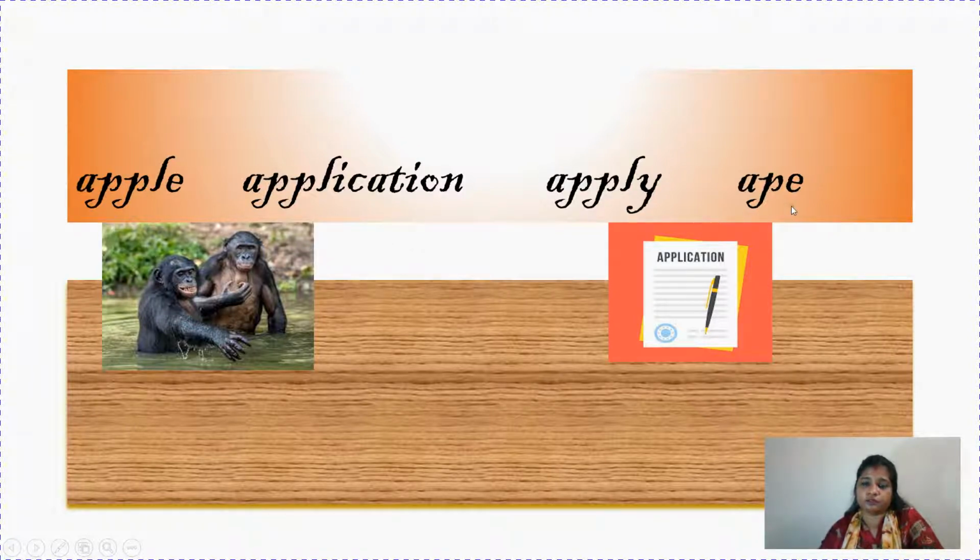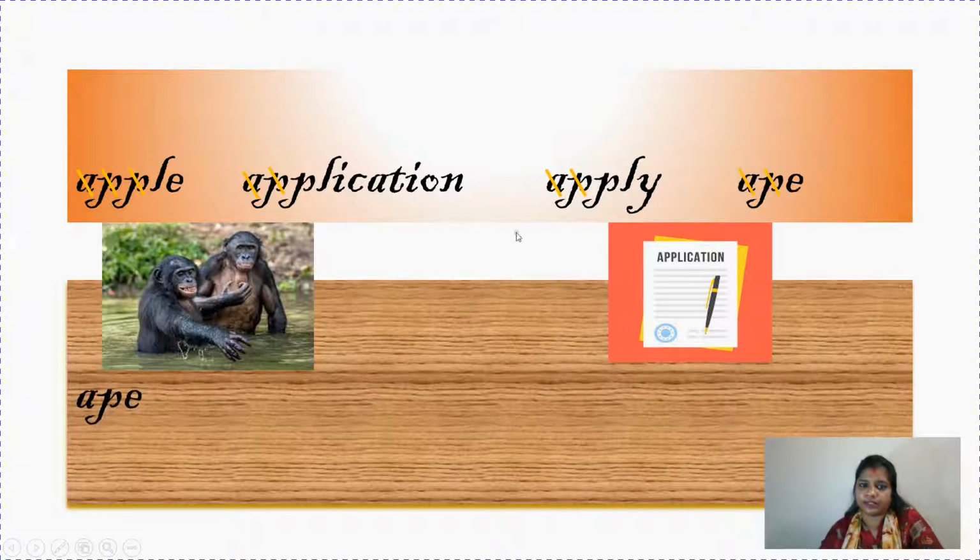So all the words have their first letter as A, so just strike it off. Let us move to the second letter, again P. Then we will cut P also. Then move to the third letter, P, P, P and E. So we know E comes first, so just write ape here.